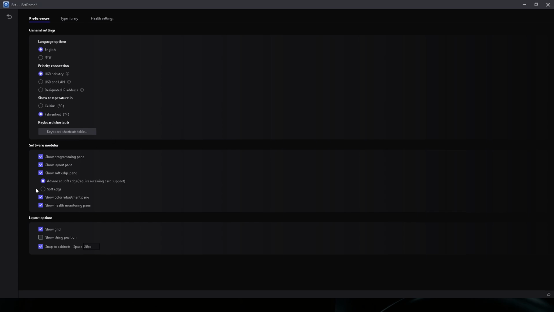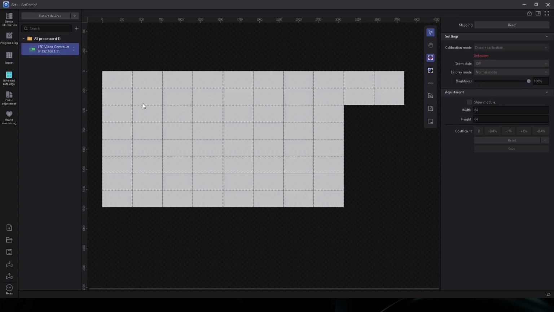Okay. Well, the main difference between the soft edge and the advanced soft edge is that the soft edge will modify the calibration data, and the advanced soft edge does not modify the calibration data on your screen. And so, yeah, you can essentially make the changes to the seams and not affect that. So the first thing you would do is you go to Advanced Soft Edge, you click Read,